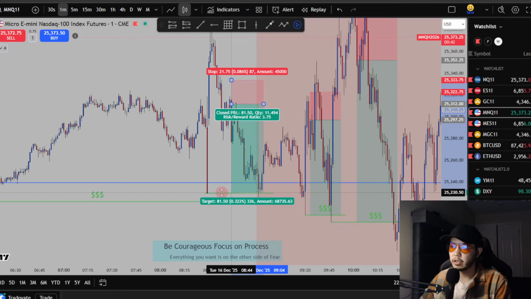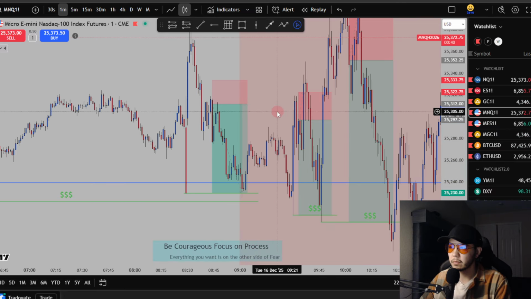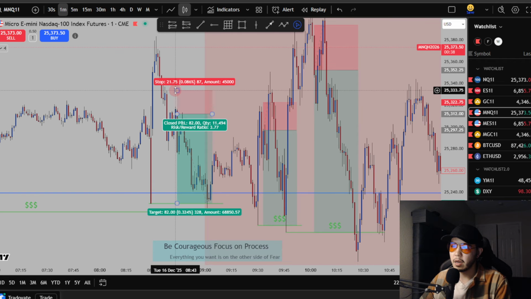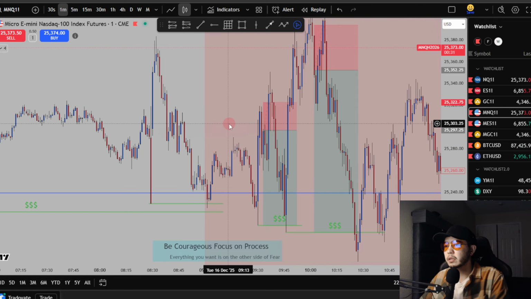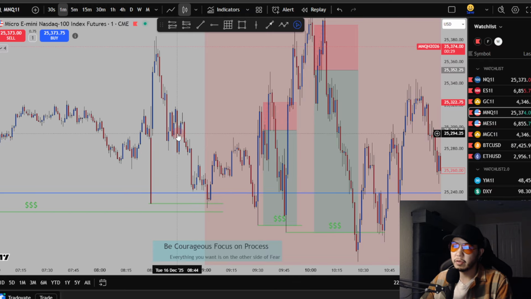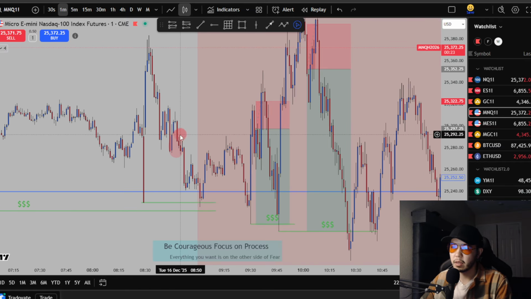So first of all, my target should have been here. And I moved my stop loss all the way here in this section because, in my thought process, I was like, this is the most recent swing high. We shouldn't come take this one. I was like, I'm gonna leave it to run a little bit longer. And of course, I put my stop loss right here and it came and tapped me